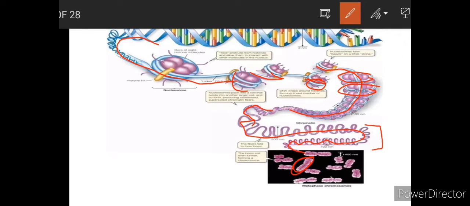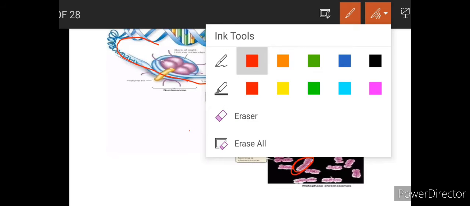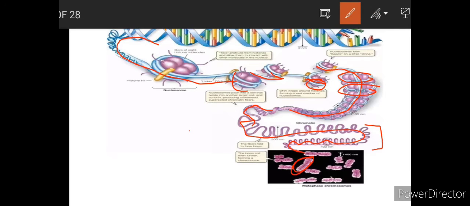See, this is DNA, and we all know that. You can see this DNA strand. These are nitrogenous bases. This strand is made up of sugar and phosphate. They are present in eights: 1, 2, 3, 4, and 4 on the backside.